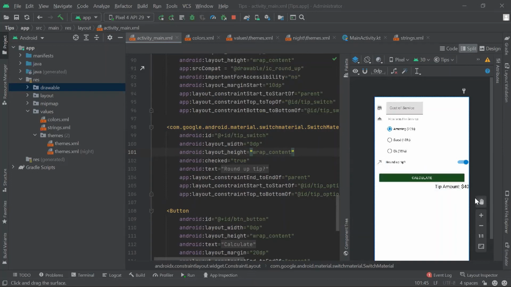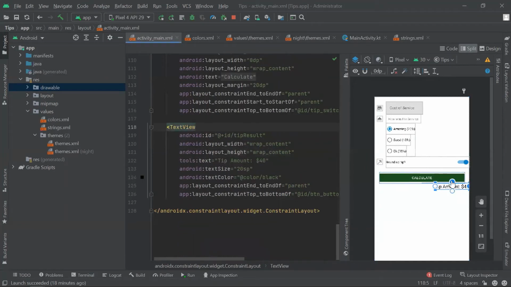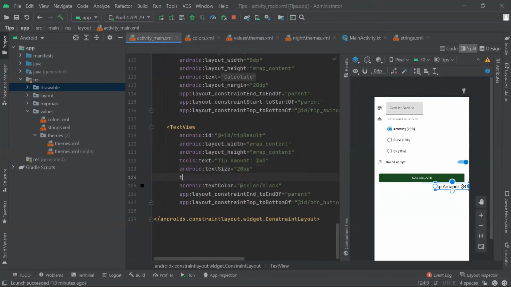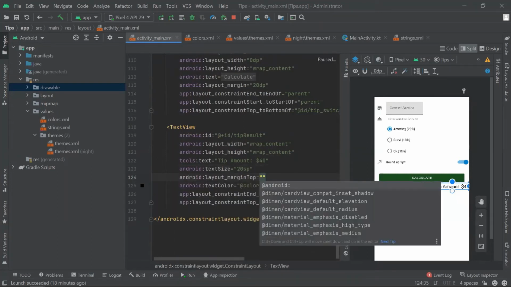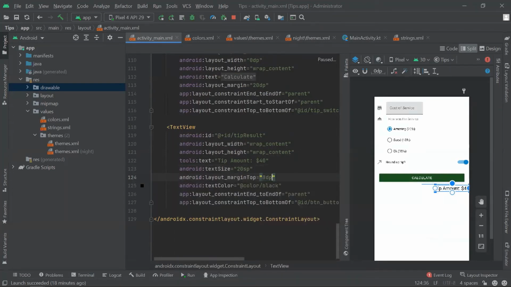Okay, I think it's kind of too close to this. So first of all, it's constrained here. So let's give it a margin top. Does it have? No. A margin top of, let's say, 8 dp. And then